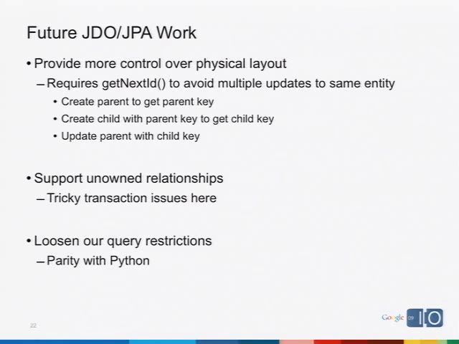First, let me explain: the data store can do ID generation for you. But the only way to get the data store to generate that ID for you is to actually save the object. It's sort of like an identity column in MySQL, right, where you insert the record, and when it comes back, it has that value set. So we need to get the child key on the parent, right? Well, in order to get that child key, we have to save the child. That's the only way we're going to get that ID generated.